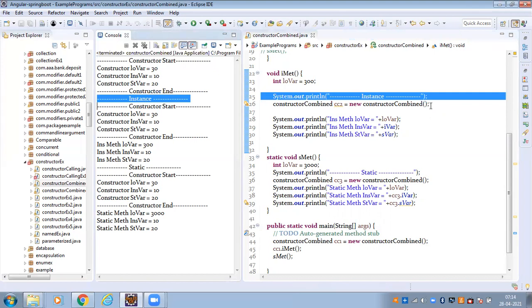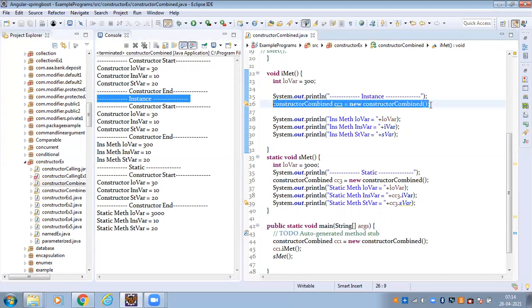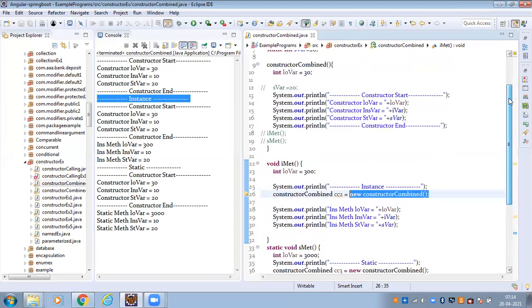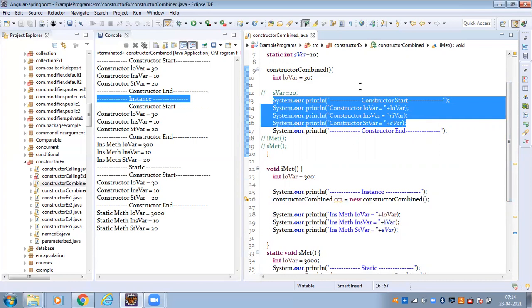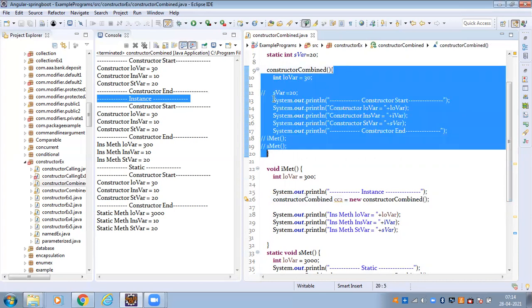After that, I have to create the object. If I create the object, during that object creation the constructor is executed. So the constructor start, from constructor start to end, is printed here.